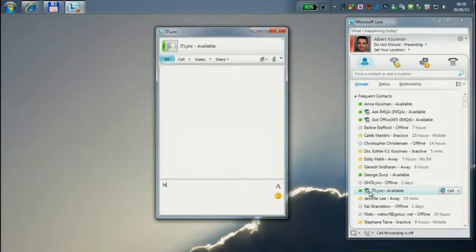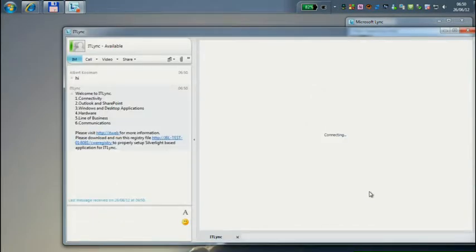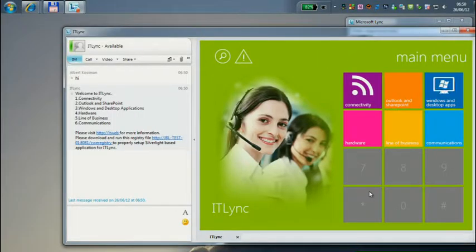And if I say hi to this particular help desk, what is happening is that I'm not only being presented with an IVR that actually shows you the options that you can type, like, for example, 1 for connectivity, or 2 for Outlook and SharePoint, 3 for Windows, 4 for hardware, that you see on the left-hand side.